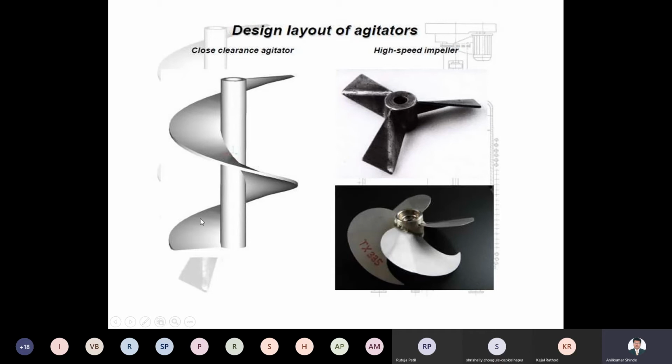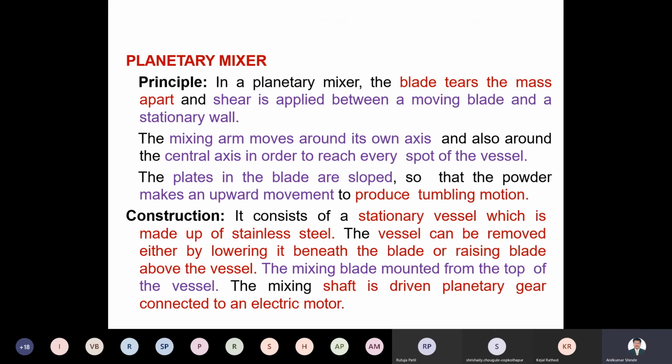And we can rotate it on its own axis, and after rotation, right, there are high speed impellers. So impellers also can be attached into that. So with that high speed impeller, the largest dough mass is converted to the smallest type of dough mass. So we can reduce the particle size from larger particle size to lower particle size with the help of the high speed impellers used inside. All right. So this is one example of that.